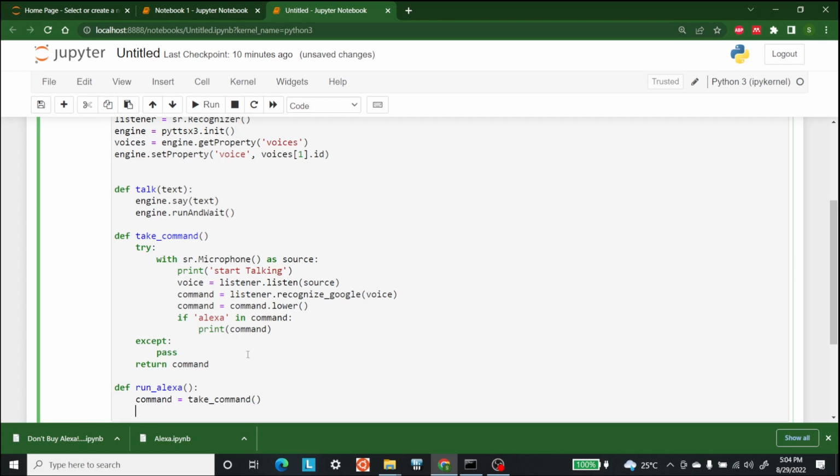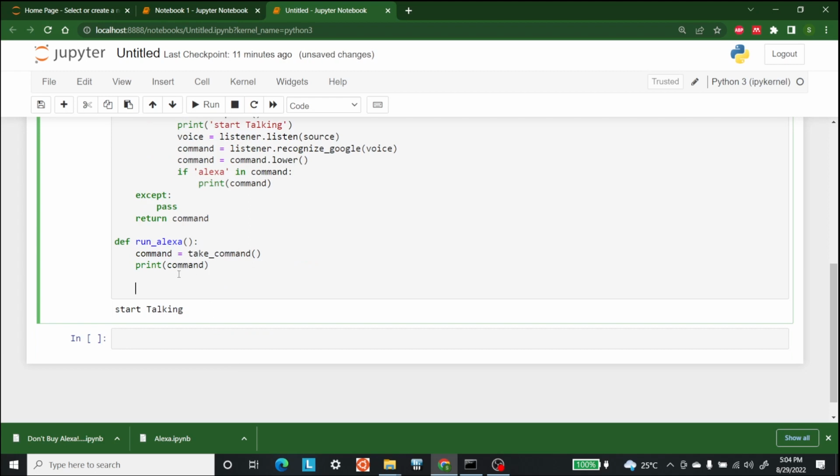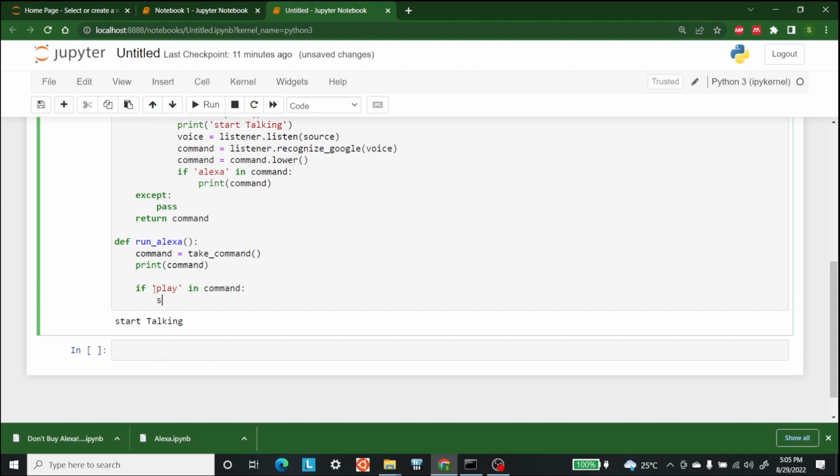And after this, let's print the command as well. Now, what if there is a word in the command and we want to use that word to open a specific thing? For example, if the word play is in the command, so if play is in the command, then what will we do? We will play a song